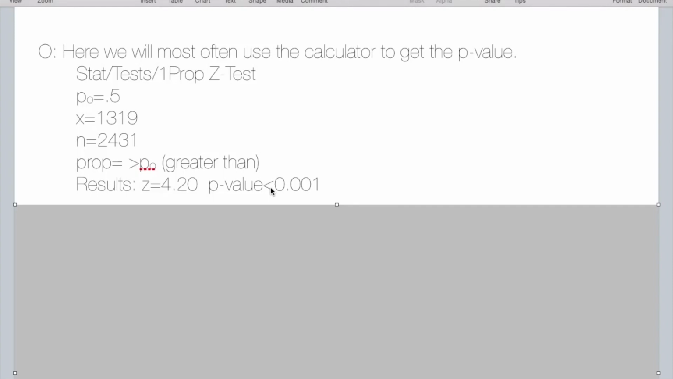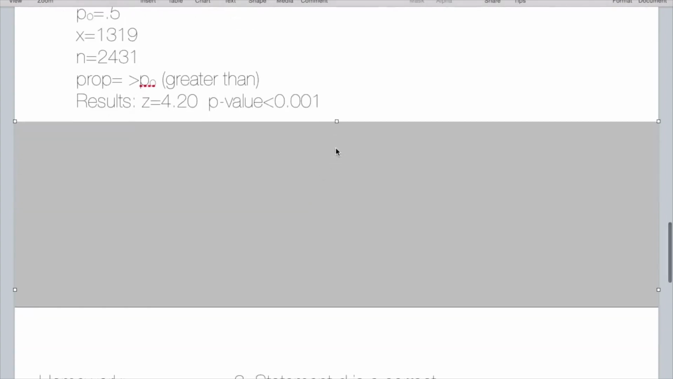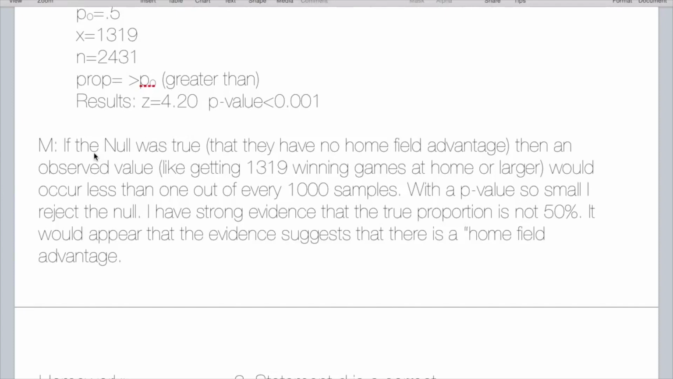Here again, this is something that people get backwards, get turned around, and the conclusion that comes from this takes a bit of time to get used to. Otherwise, you're going to get it backwards. So here's the conclusion. Notice I said if the null was true. This is where we're going back to that conditional probability about the null. If the null was true, meaning there is no home field advantage, it doesn't exist, then an observed value, meaning getting 1,319 winning games at home, or any more than that, would occur less than 1 out of every 1,000